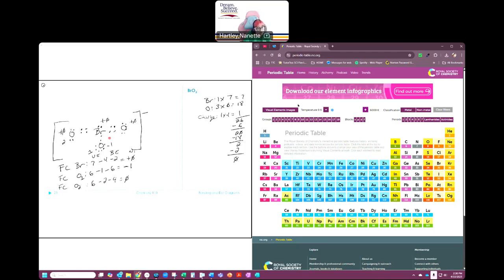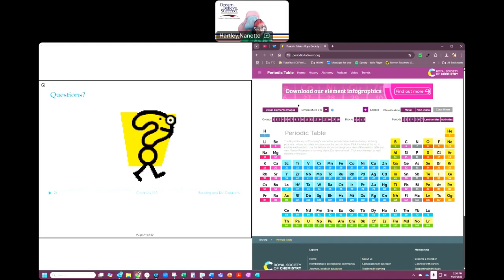So we have to be able to show how that really looks. And we do that by drawing multiple structures. And so what that looks like